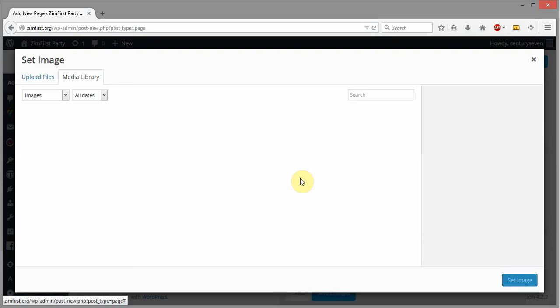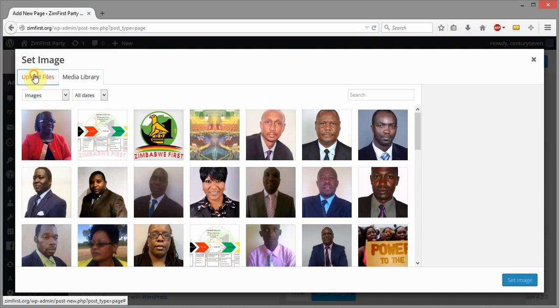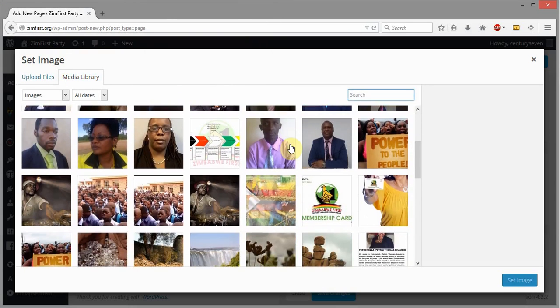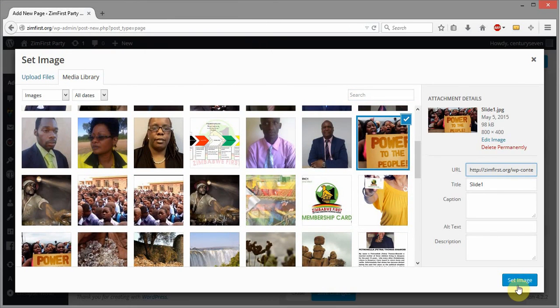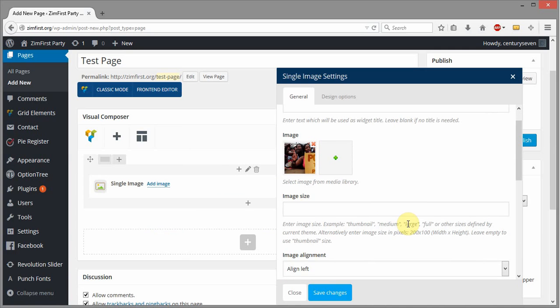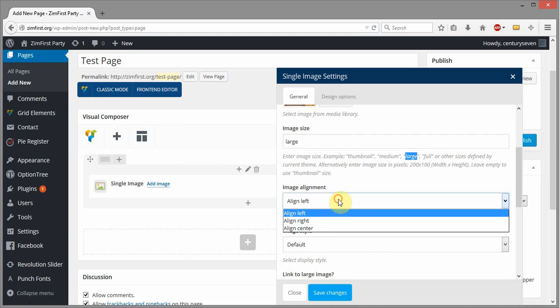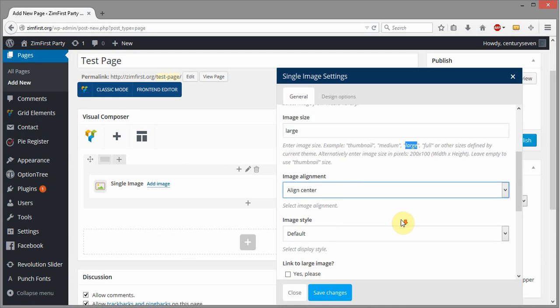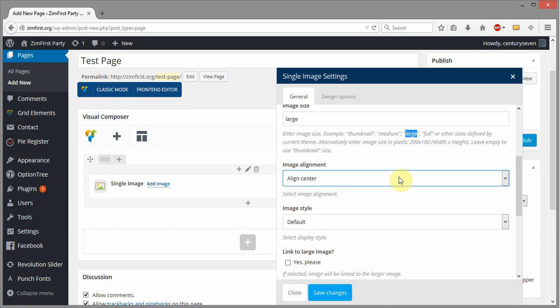And I'm going to select my image either from the media library, or I can go to my computer and upload one if I want to. But I'm going to go ahead and choose this slide we've got right over here. It says Power to the People. And right below on my image size, I'm going to go ahead and select large. I'm going to align my image to the center. This image is going to fill the width already, but this is going to ensure that on really large screens, or really small screens,